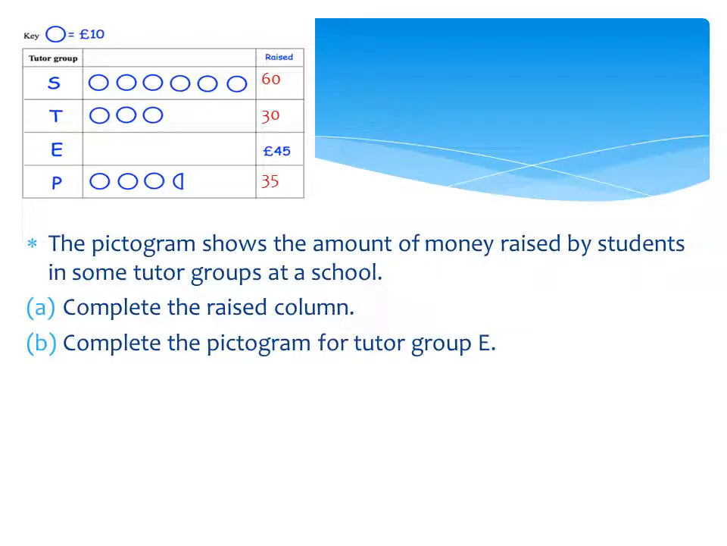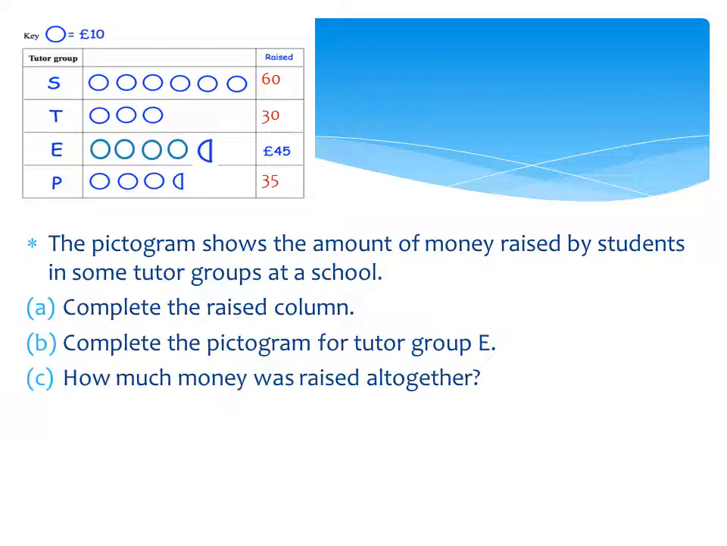For the T, 30 because we have 3 circles. For P, it's 35 because each circle represents 10 and half a circle represents 5, so it's 35. Then complete the pictogram for tutor group E because it's 45 means we need 4 full circles and half a circle. How much money